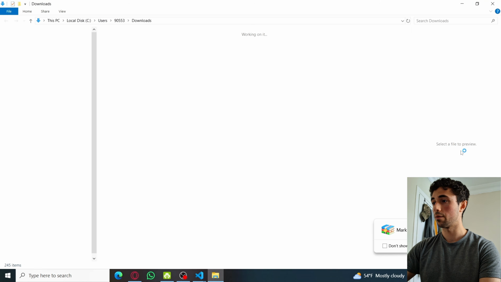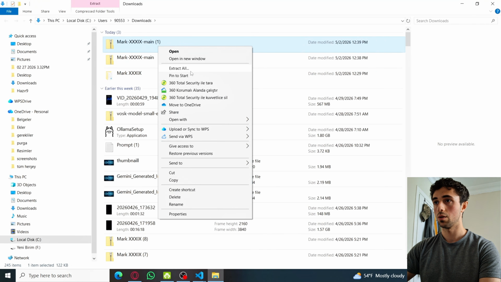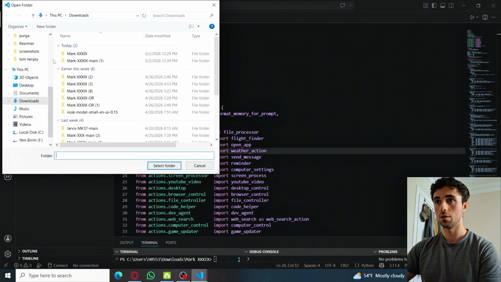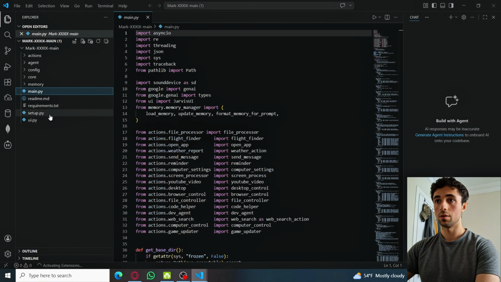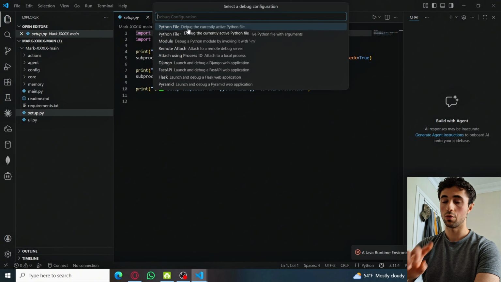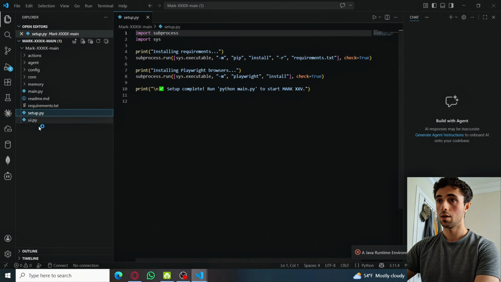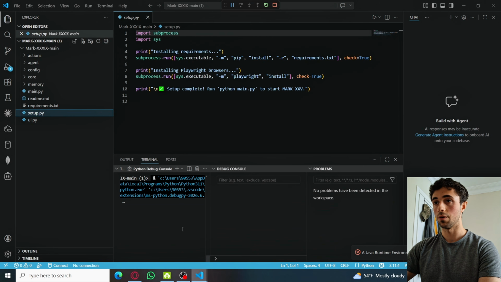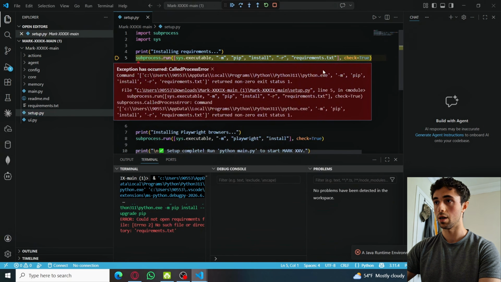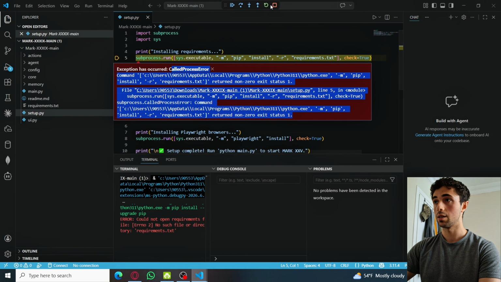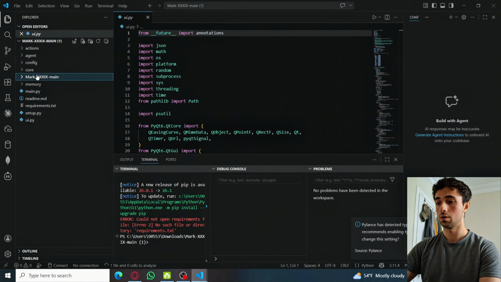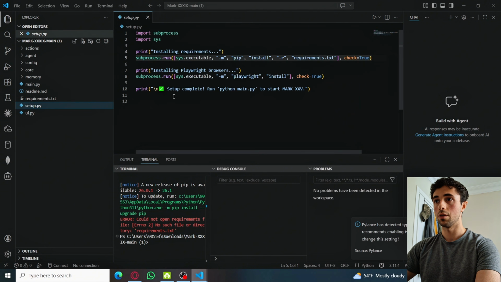Download the zip file. You have two options actually. I'm just showing you the first one. So after extracting this Jarvis folder, open your folder in VS Code. Open that, but do not run this Jarvis model like this. You have to extract all these files in this section. If you do this, it's not going to work because it cannot find the requirements.txt file. So select all these things and extract all these things in this section, and then run the setup.py